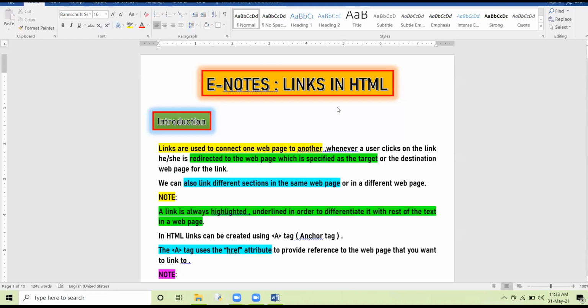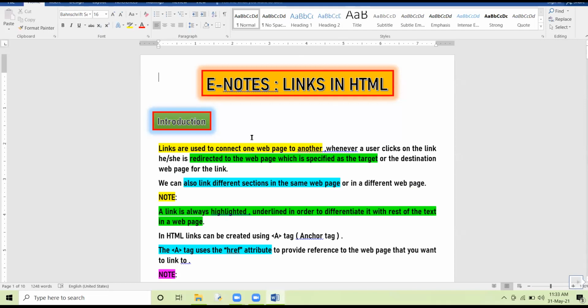Okay, so when I'll be explaining the concept of link, be very alert, very careful, and wherever you have any doubt, you can ask me. So what is the meaning of linking? Linking means how we can connect one web page with another.